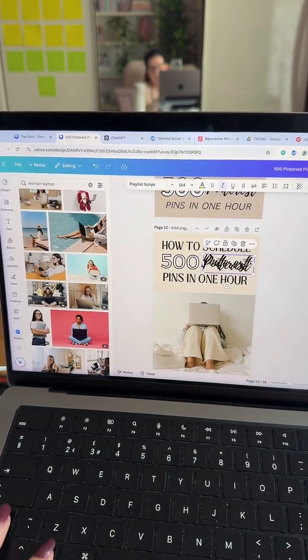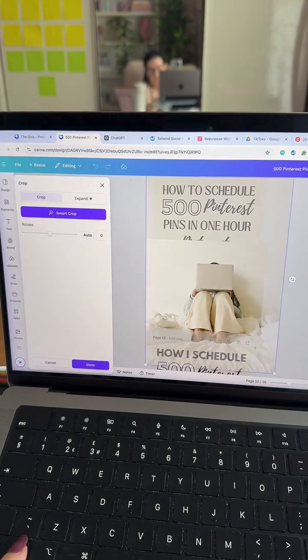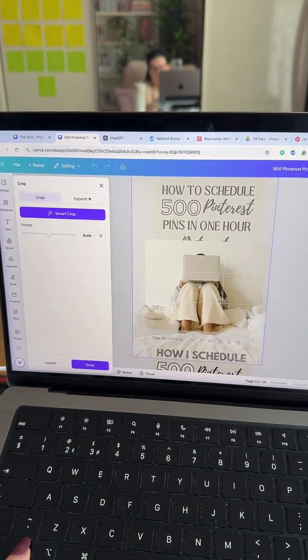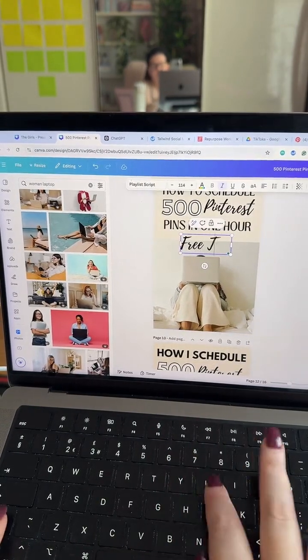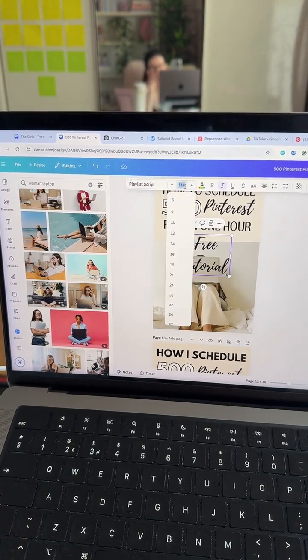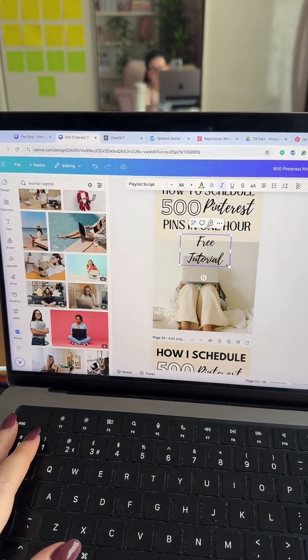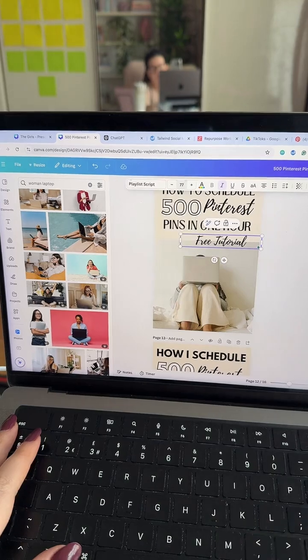And then I'm just going to move here around a little bit. Because it's a blog post that has step-by-steps and stuff, I'm going to put "free tutorial" there. Make sure it's centered, make it much smaller. Let's actually do 7.7.